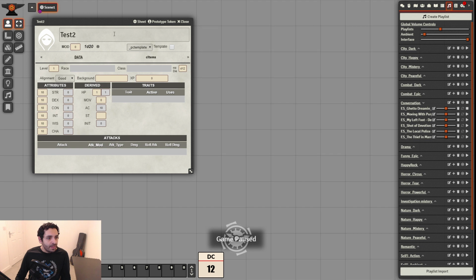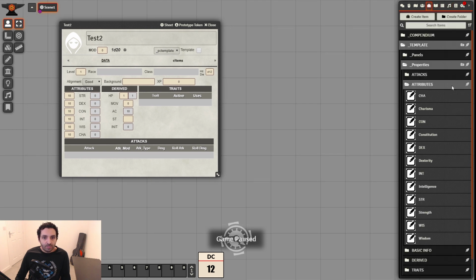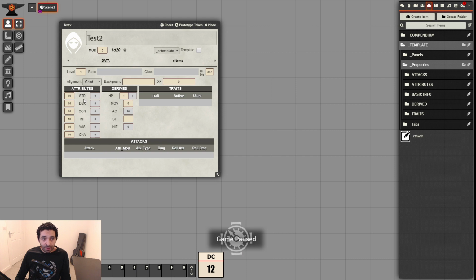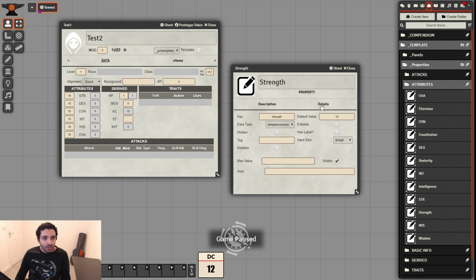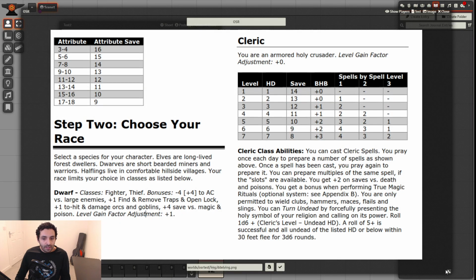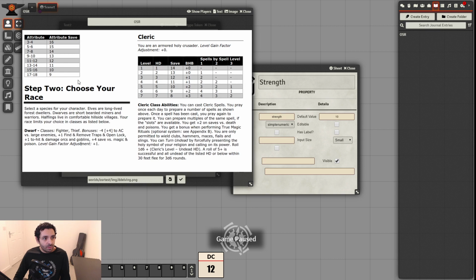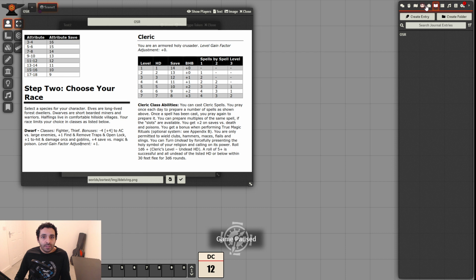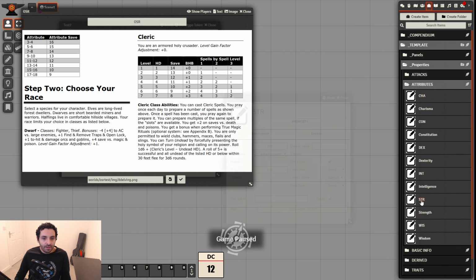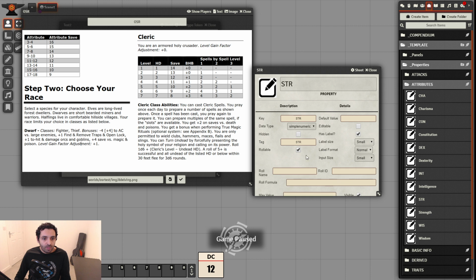Okay. Now we have all the properties ready. What we're going to do is prepare the roles. So for that, let's go, for example, to strength, and we're going to prepare the attribute save. As you can see in our cheat sheet, the rules have a table. The easiest way to implement a table is going to be, oh no, sorry, I have to do it here. Yeah, here. We click on rollable,